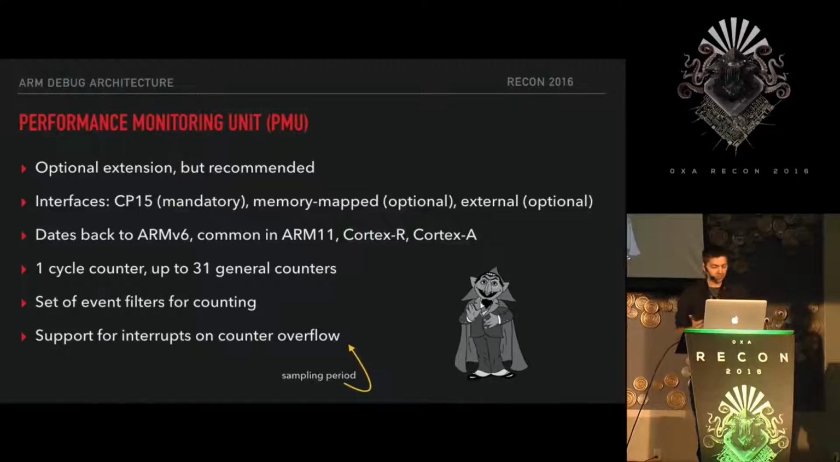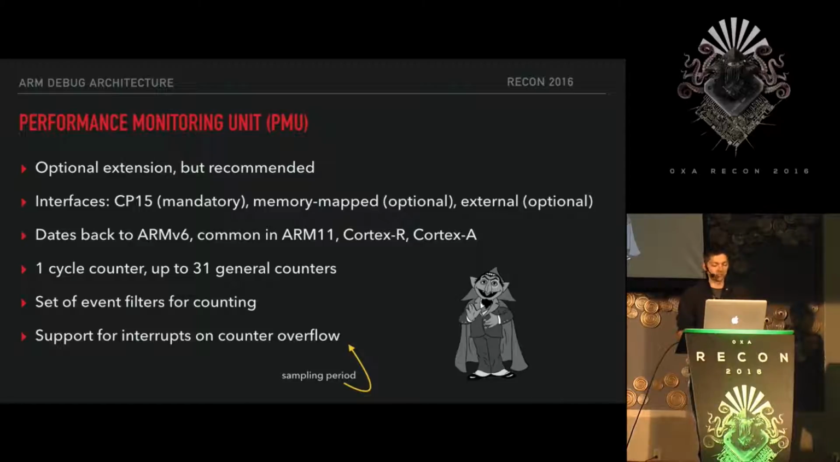So the PMU is an optional extension in ARM, but ARM recommends it. And most importantly, it has a mandatory software interface via the system control coprocessor, so CP15. It was introduced in ARMv6, so you can find it in ARM11 cores, Cortex-R, Cortex-A. The only family you won't find it in is Cortex-M, and you'll find it in custom